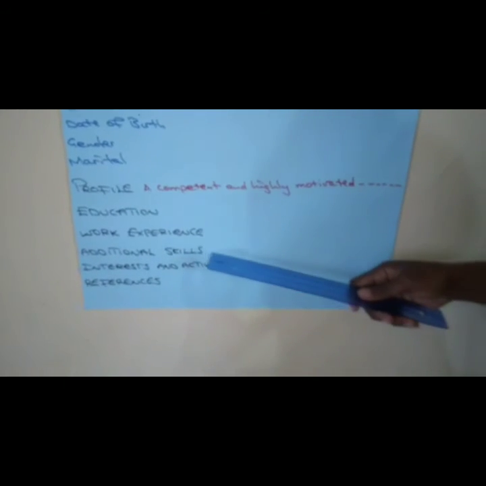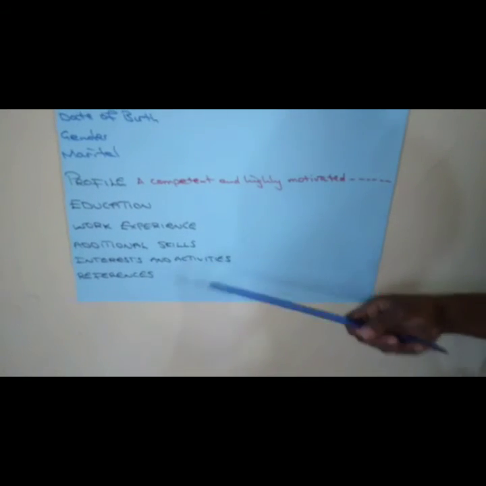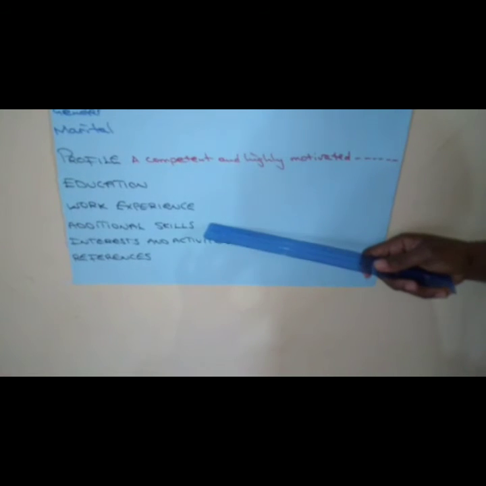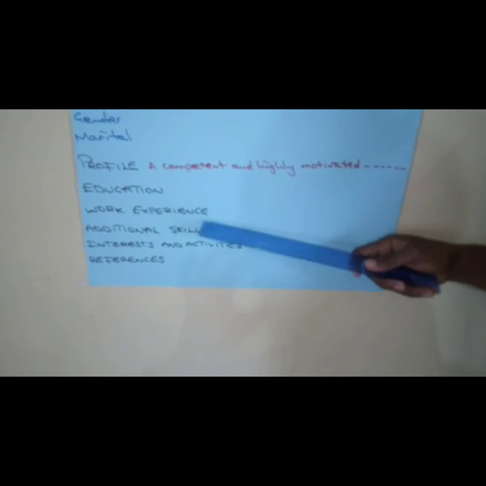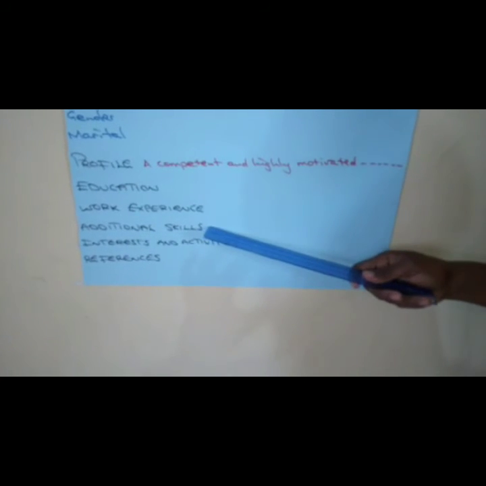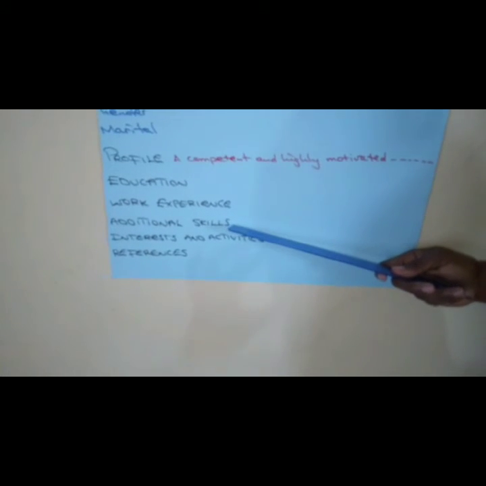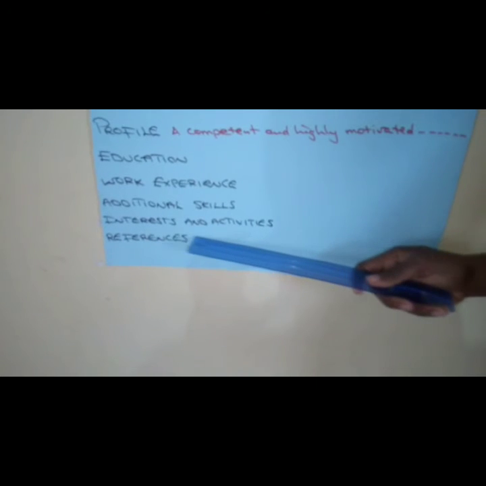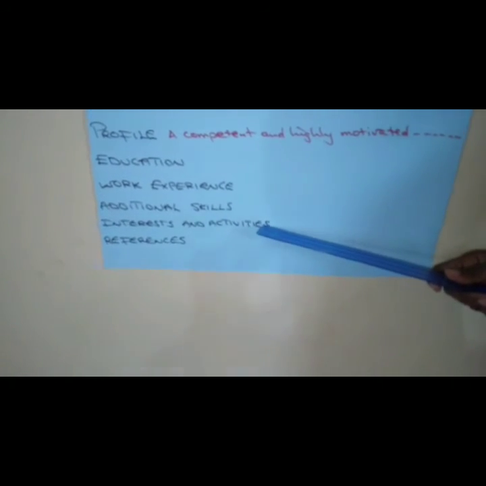And then the next point, additional skills. Let's say, for example, they are looking for someone who can do electrical work. Well and fine, under your educational background and work experience, it clearly shows you have done your electrical. But under additional skills, you ought to say something that you know that is related to electrical. We also look at another point there, interests and activities. We are looking at your hobbies, the things that you like doing away from work.